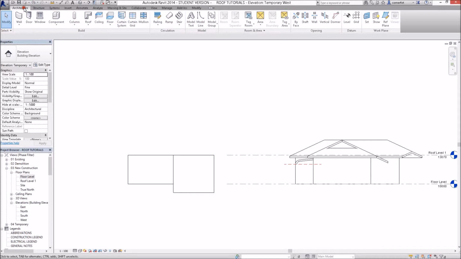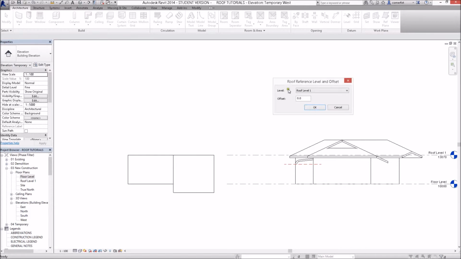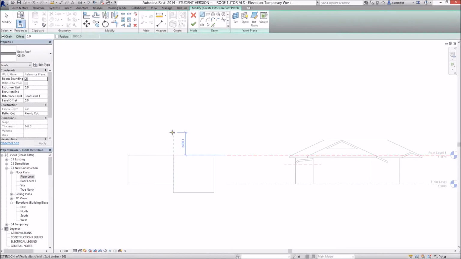So back onto the architecture menu and drop down roof by extrusion. We need this reference plane to work on if we're going to do a roof by extrusion. So that's the reference plane that we are looking at. And we go OK to that. Like I said before, with roof by extrusion, this dialog box is not very significant to you, so you don't need to worry about that too much. Now I'm just going to create a